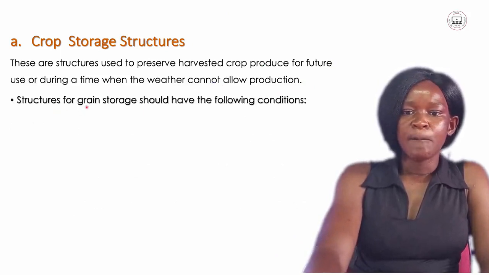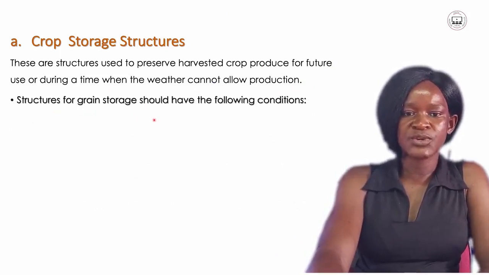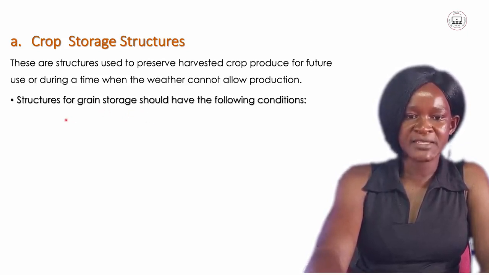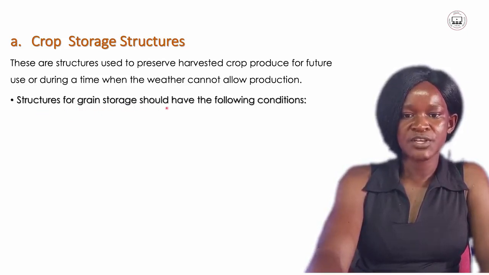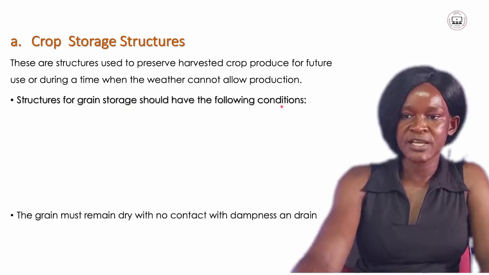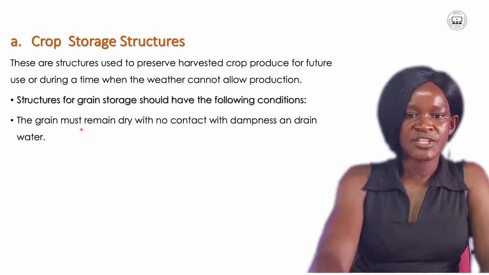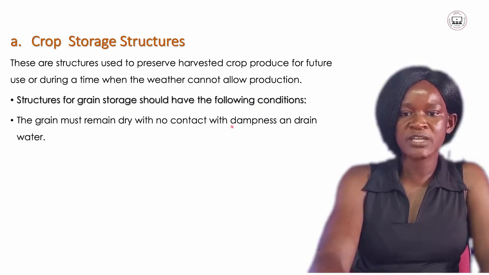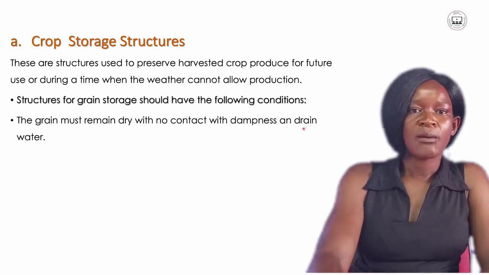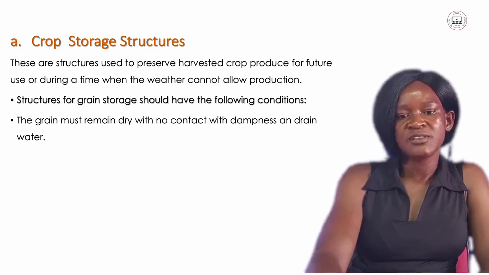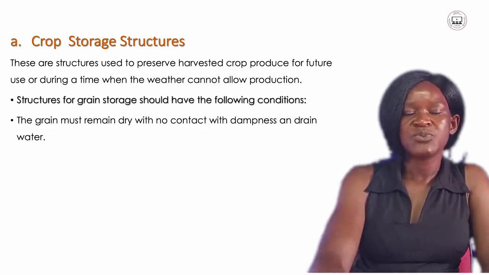So let us look more at the crop storage structures, more especially for grain storage like maize. Structures for grain storage should have the following conditions. Number one, the grain storage must remain dry with no contact with dampness. So make sure that the grain storage should always be dry, so that the grains should not have contact with